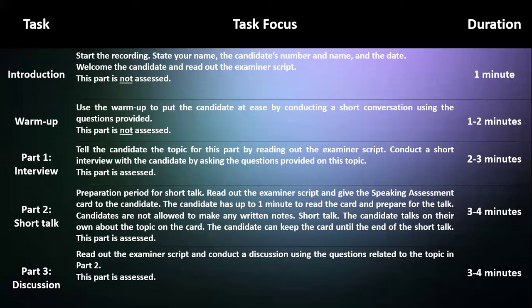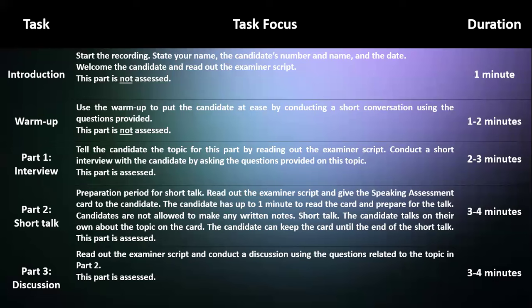Here, you will not be allowed to make any notes physically. If you ask the examiner to provide a piece of paper and a pen to note down your notes, this is not allowed at all. What you can do is simply make up the notes in your mind for whatever ideas you are going to present in your speaking. Then